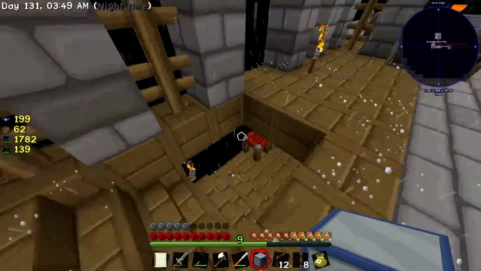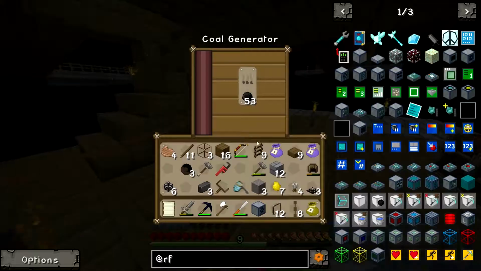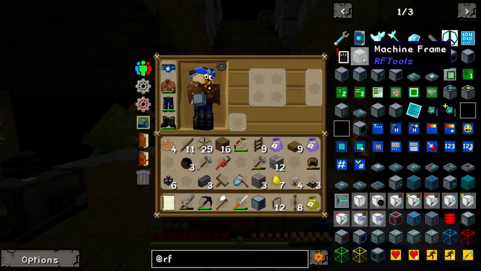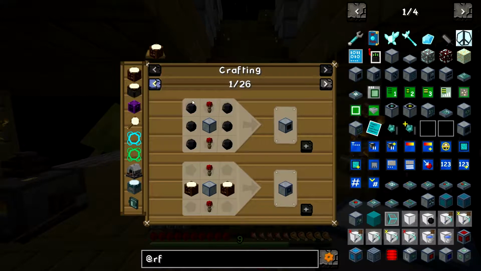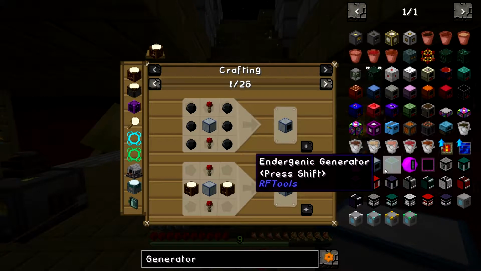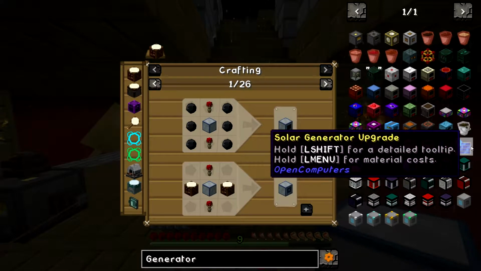Now, if I had to guess, I'm assuming we could probably just run power from this guy. But at the end of the day, I think it'd be better to have its own designated... Designated is not a thing. Is there some other generator, I guess, is the question. It's called a generator, so I'm going to use that as our base search for RF generators from RFTools. So there's the coal generator. Energenic generator. And then we're moving on to different ones. So it looks like...